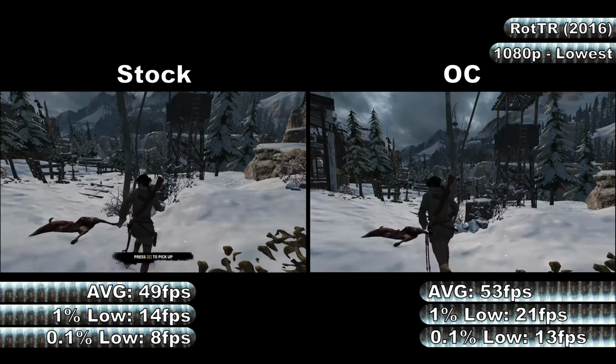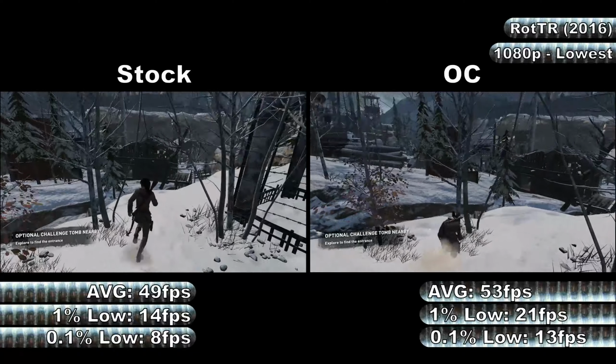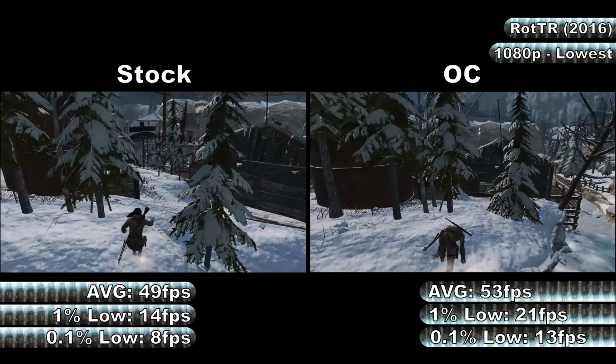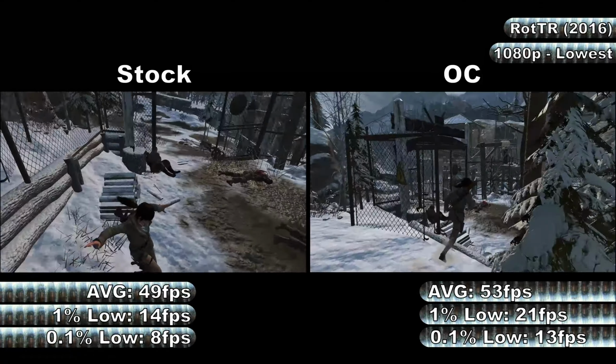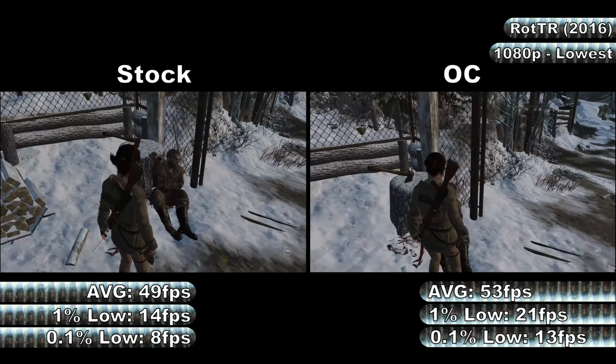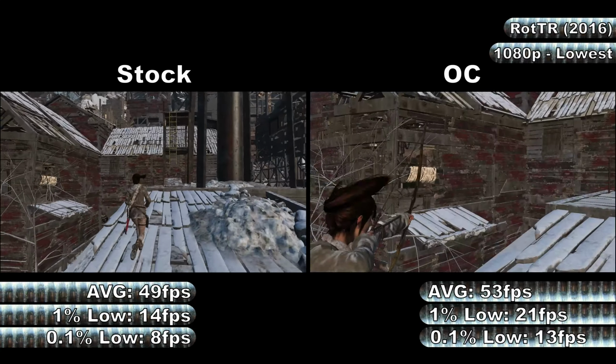The overclock showed no such issue with texture popping at all, however did still show some noticeable stuttering at times in the Soviet installation / copper mill area, but overall the stutter was massively reduced compared to what stock clocks managed. The benchmark for stock clocks showed average, 1% and 0.1% low frame rates of 49, 14 and only 8